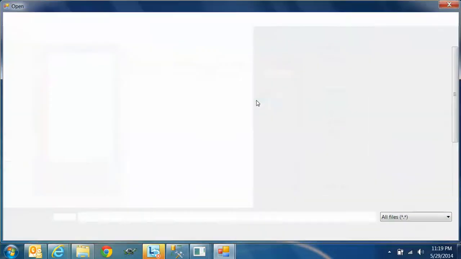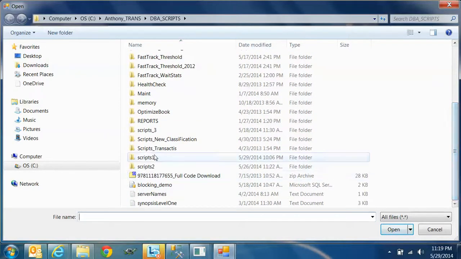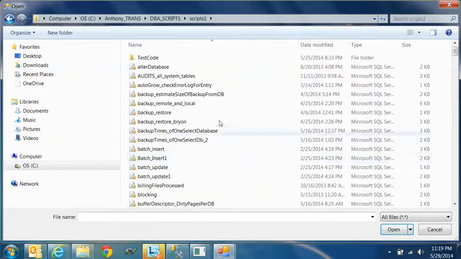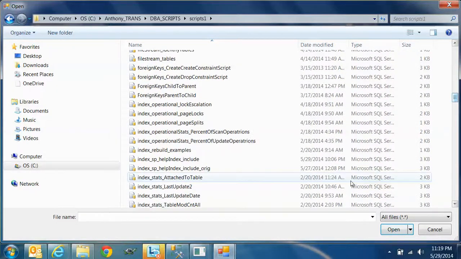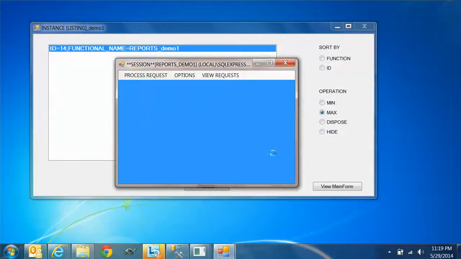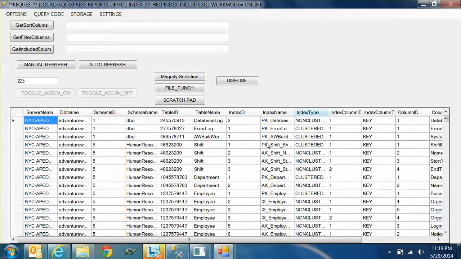So as always, you create the directories, you create the code, you name the code. So within scripts1 directory, I have a lot of code pertaining to indexes. So I'll bring that up in a second. And the index, SP helpIndex include, I'll double click and execute it. It comes up, I'll bring full screen here, and I have a lot of information within our server, our database,